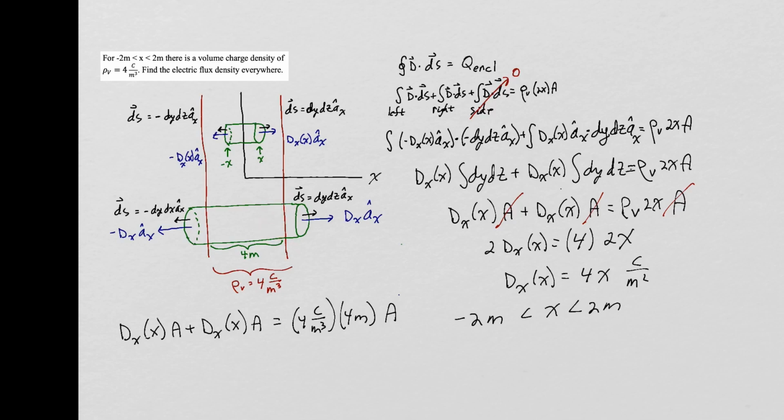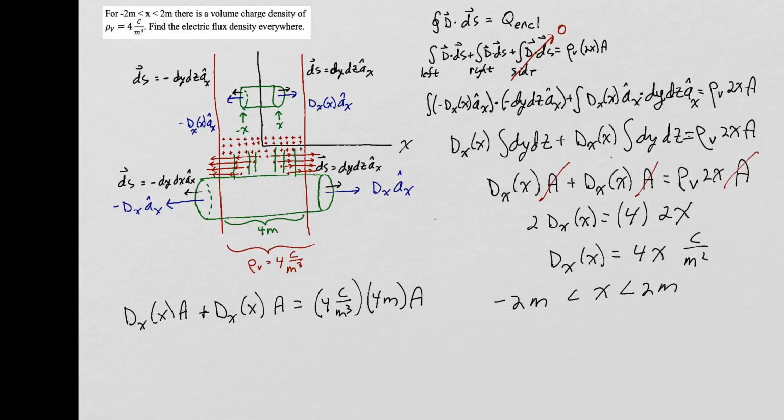Let's divide both sides by A, and this meter will cancel with one of those. So we get the electric flux density field is equal to 8 coulombs per meter squared when we're outside the charge distribution, and we see indeed the electric flux density field is constant once we get outside of the charge distribution here. In other words, outside here it's independent of x.